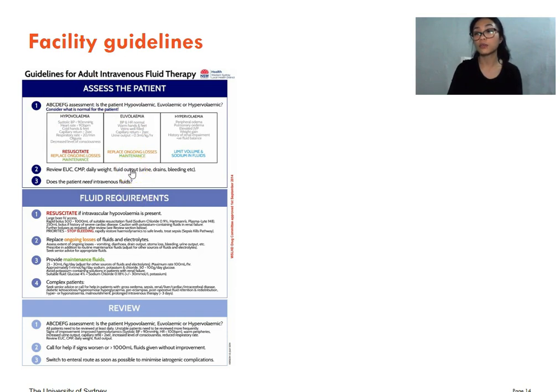It's a group of about 14 different tests, and they measure several different substances in your blood. It's quite a common test to have done too. Do daily weights on a patient and look at their fluid balance, basically, and consider,